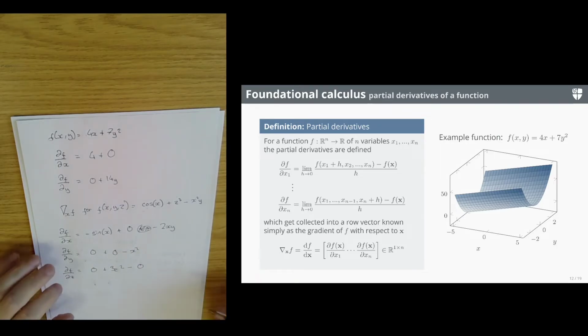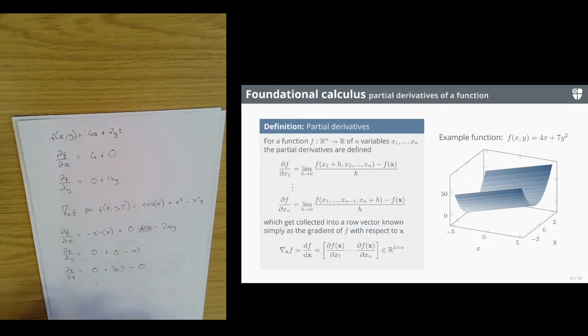So for functions with lots of inputs, like a deep neural network operating on images, we collect all of those partial derivatives into a row vector, which we call the gradient of the function with respect to all of its inputs. I recommend you visit Wolfram Alpha and type in some more multivariate functions and see if you can differentiate them. Okay, so